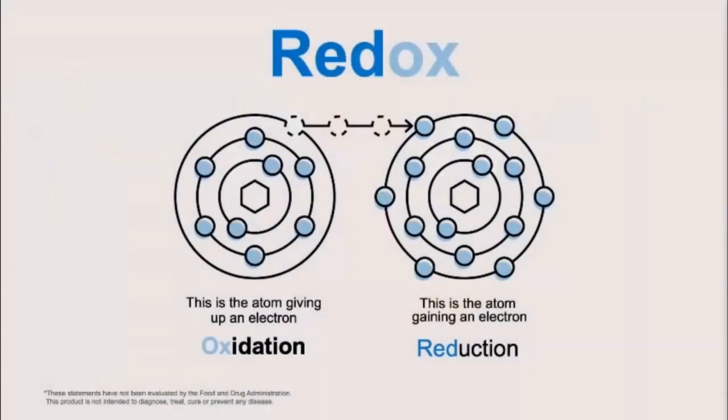So now let's apply this to electrons. When we talk about redox, we talk about electron transfer. Why would an electron transfer? Well, the ball rolls down the hill to achieve a resting place. Much like the ball, electrons transfer to achieve a state of rest. In chemistry, we use the term OIL RIG. Oxidation is loss, reduction is gain. So when a species is oxidized, it is giving up an electron. When a species is reduced, it is gaining an electron.